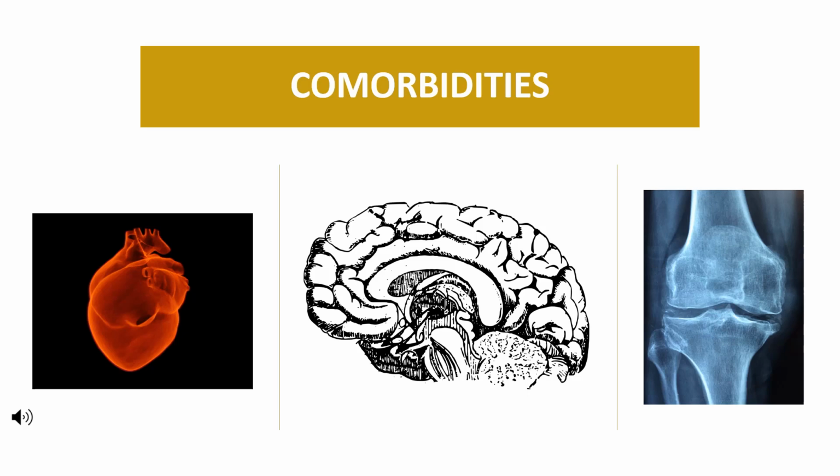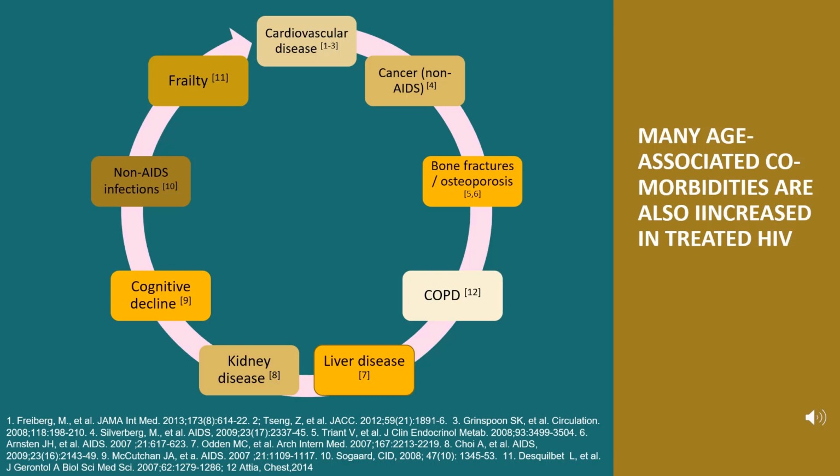As people with HIV are living longer, they are facing different health challenges, and cardiovascular disease is now one of the leading causes of death. There is also an increased incidence of non-AIDS-related cancers in older people with HIV, and older people with HIV have significantly increased bone density loss compared to age-matched controls. Many other age-associated comorbidities occur more frequently in people living with HIV compared to those who do not have HIV infection. These comorbidities include chronic obstructive pulmonary disease, liver and kidney disease, cognitive decline, non-AIDS infections such as bacterial pneumonia